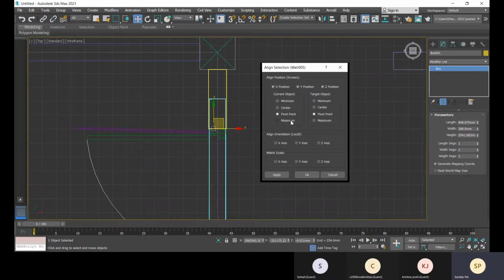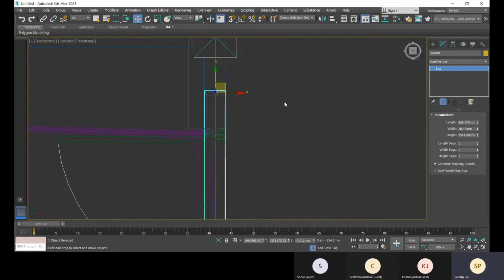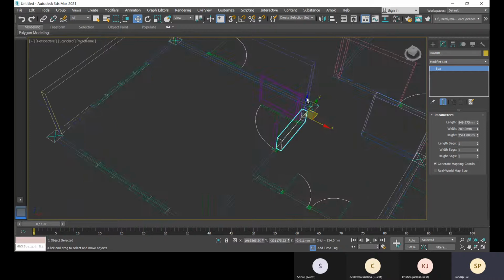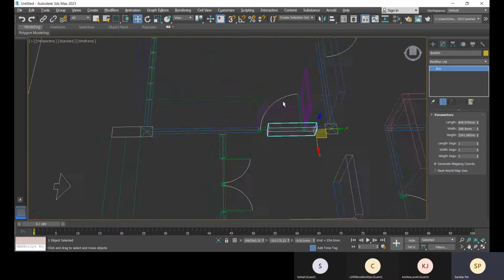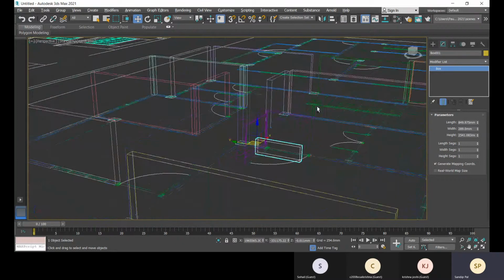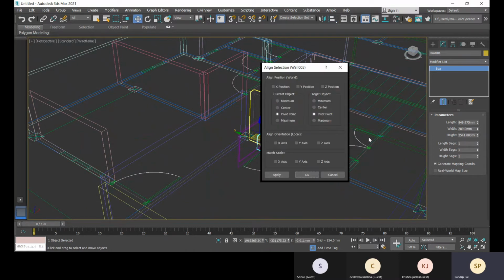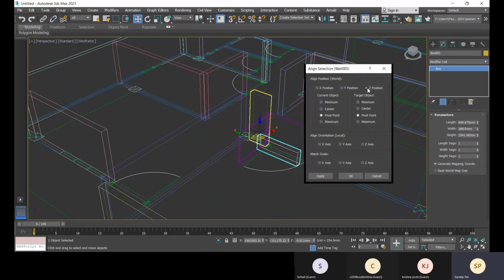See the pivot point, apply. Okay, go to perspective. Now again go to align with this. Now the Z position would be aligned with the maximum, okay.